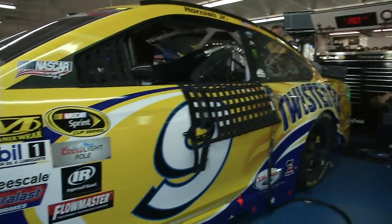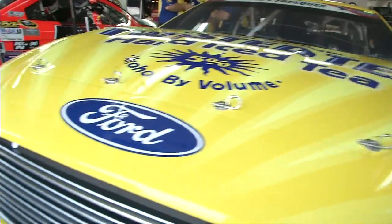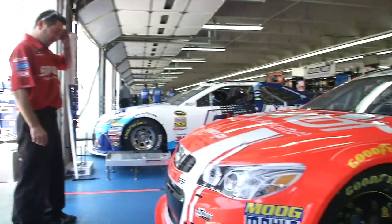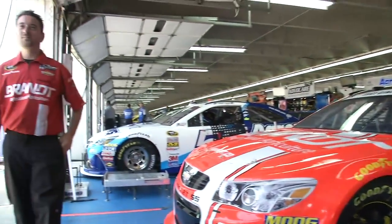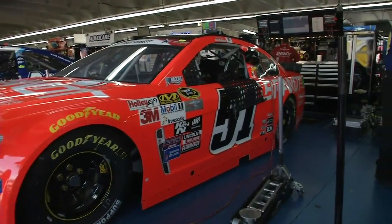Sam Hornish Jr., the number 9 Twisted Tea, actually coming on board, announcing some more races with them. Trey Tomeno over here, new crew member of this number 51 car. Tomeno's father, a veteran of the NASCAR Whelen Modified Tour and former champion himself. Joining this Justin Allgaier team,